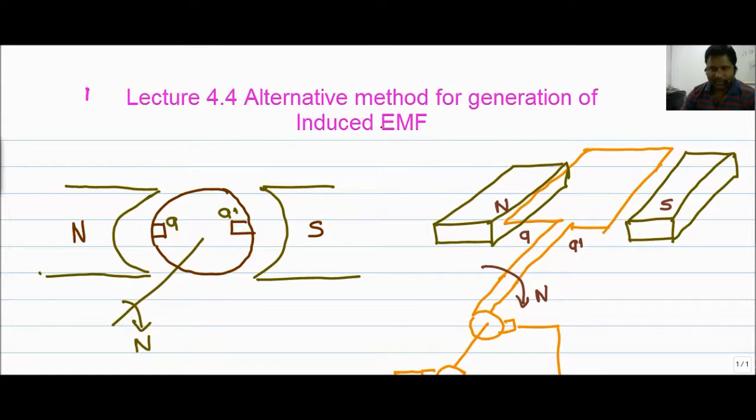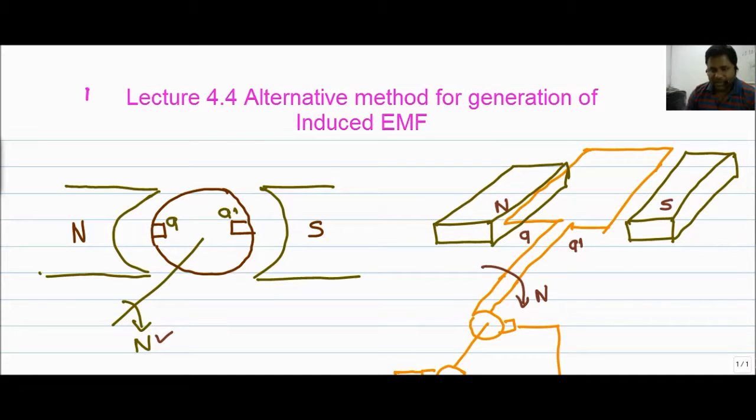This is shown here. This is called a rotor, and this is the magnetic field where the rotor is moving at a speed of N. We have seen that there are two conductors, A and A dash, placed in this magnetic field, and we are trying to calculate the expression of the induced EMF generated in the coil A and the coil A dash.